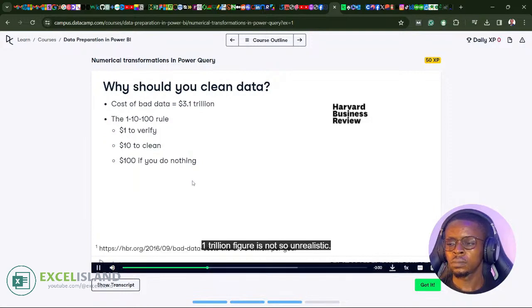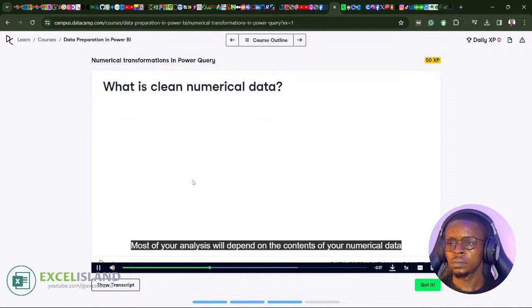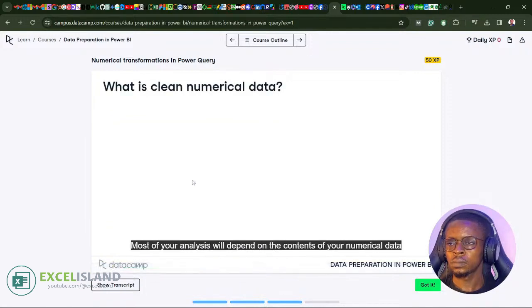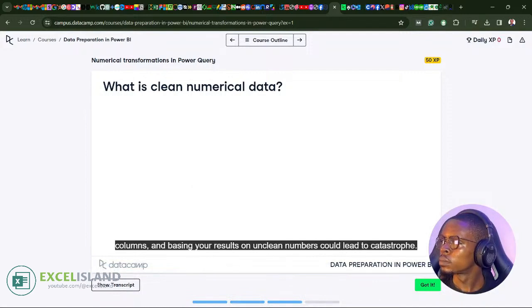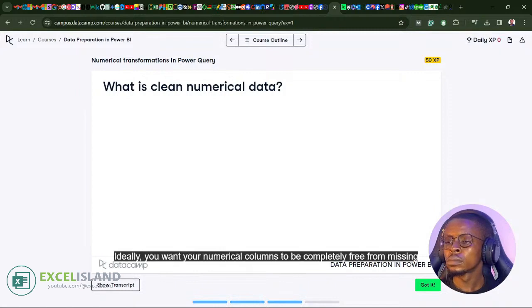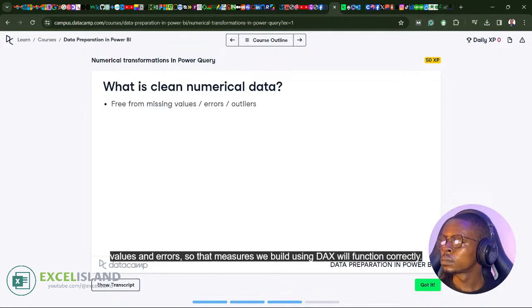not so unrealistic. Most of your analysis will depend on the contents of your numerical data columns, and basing your results on unclean numbers could lead to a catastrophe. Ideally, you want your numerical columns to be completely free from missing values and errors, so that measures we build using DAX